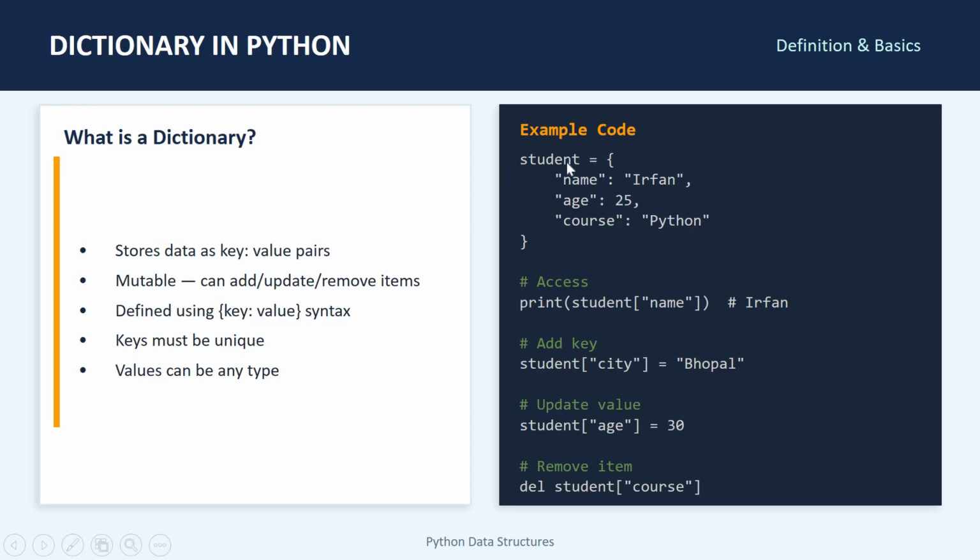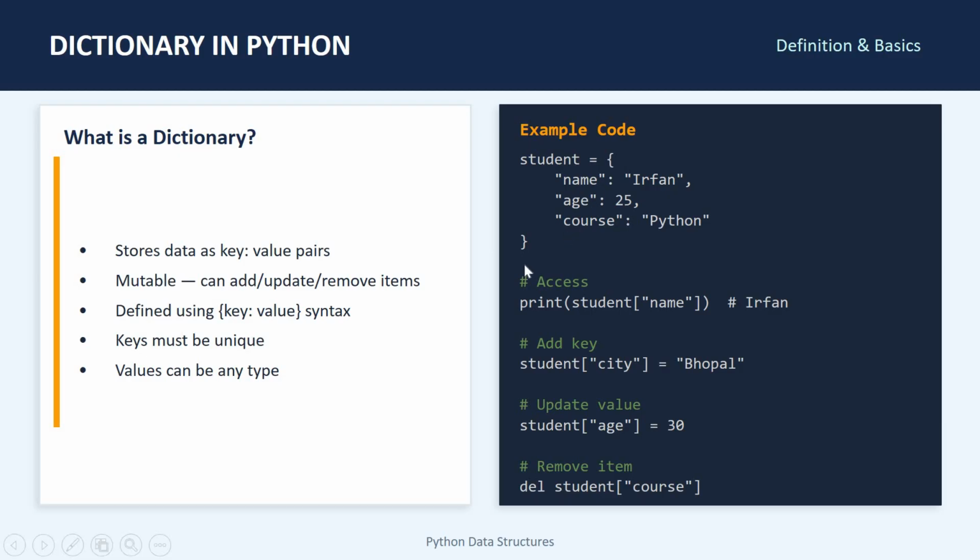Let's say student is like one reference, right? And here we are using name colon Irfan. So name is nothing like a key and Irfan is nothing like a value. Age is a key, and 25 is a value. Course is a key and Python is a value. So that means this is the way we are storing the data into a student. Student is like one reference here, and to store the values in the dictionary we also use